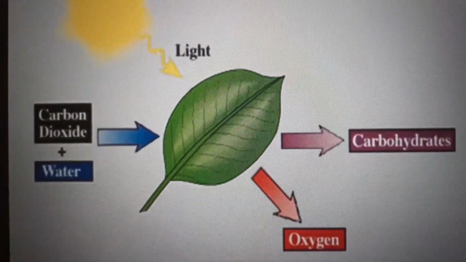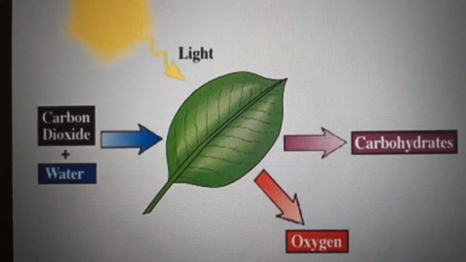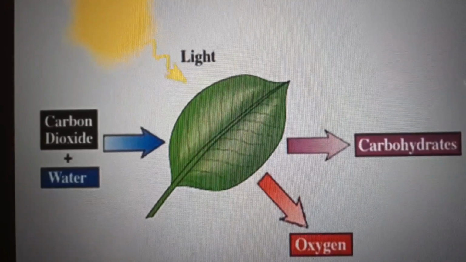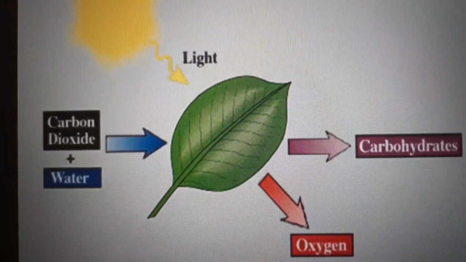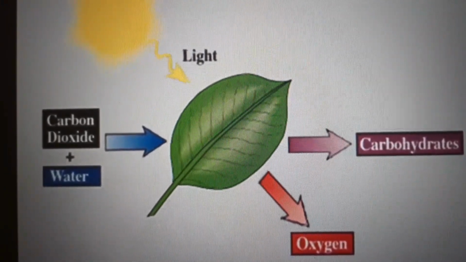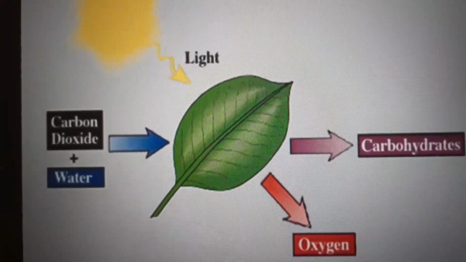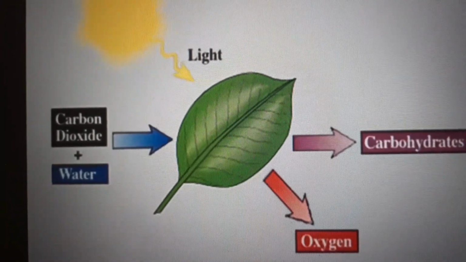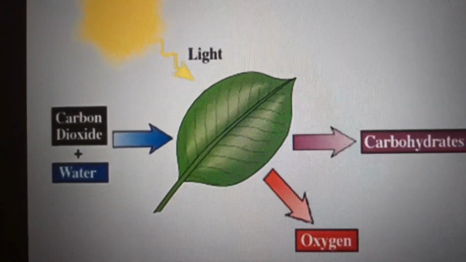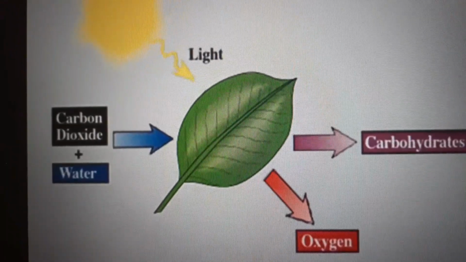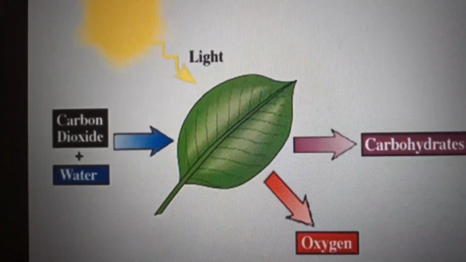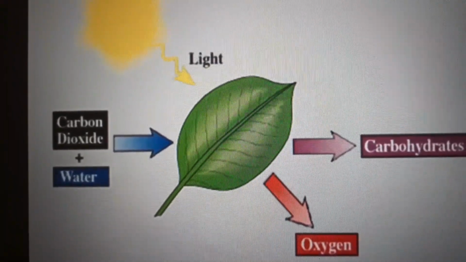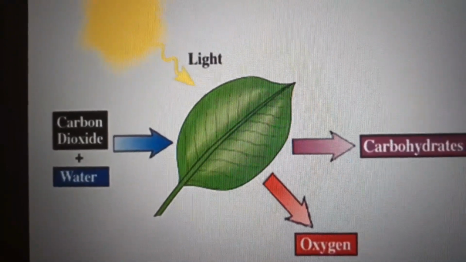Four factors are required for photosynthesis activity. One is light trapped from the sun, carbon dioxide from the atmospheric air, water from the soil through roots, and chlorophyllous pigment, which is present in the plant cell. By the photosynthesis process, the end products formed are oxygen and carbohydrates.